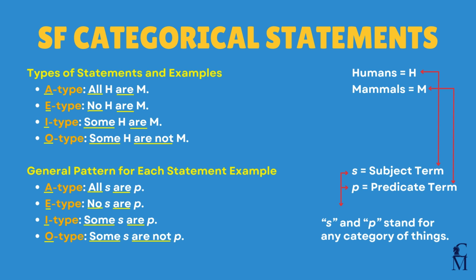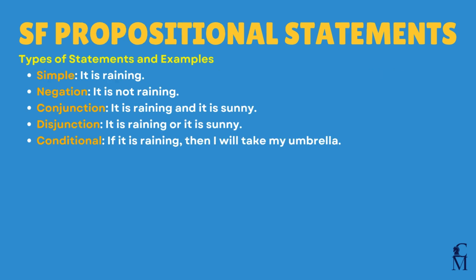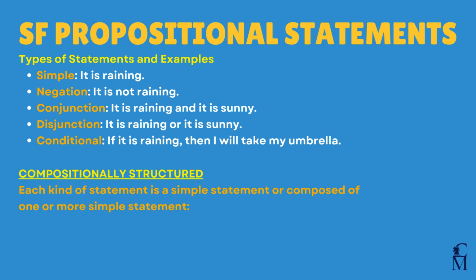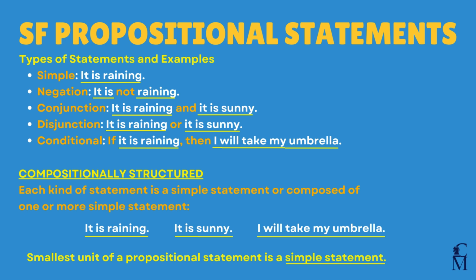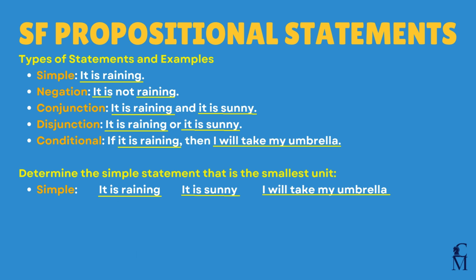Unlike categorical statements, which are made up of categories of things, propositional statements are compositionally structured. In other words, unlike categorical statements, propositional statements are simple statements or composed of simple statements. So, the smallest unit of a propositional statement is a simple statement. And when we try to isolate the pattern of a propositional statement, we need to first determine the simple statement